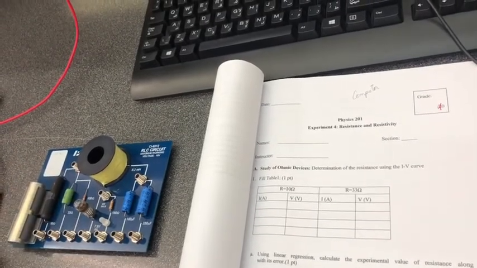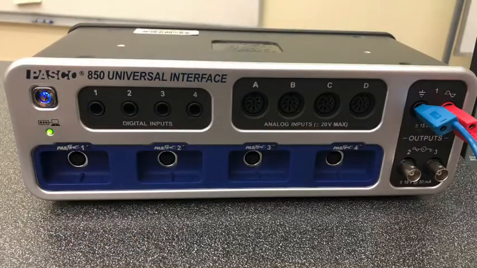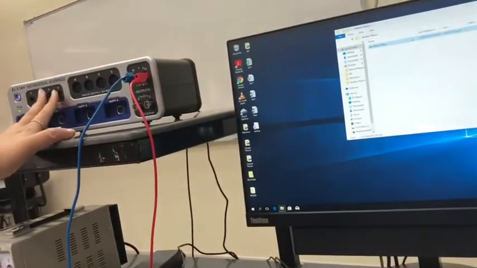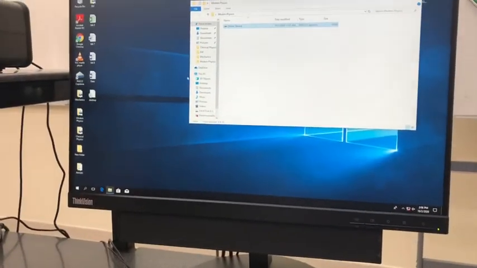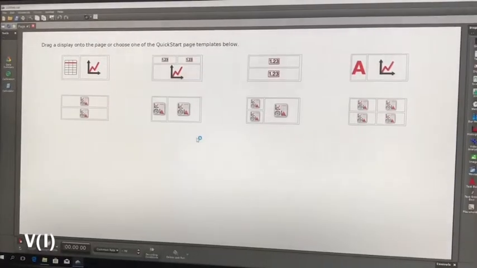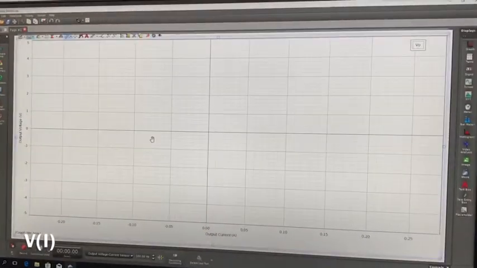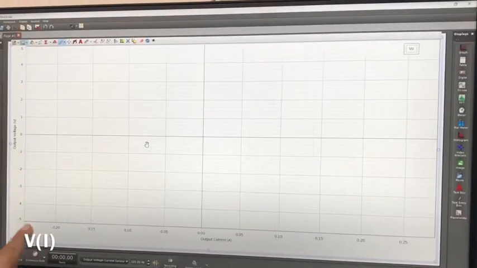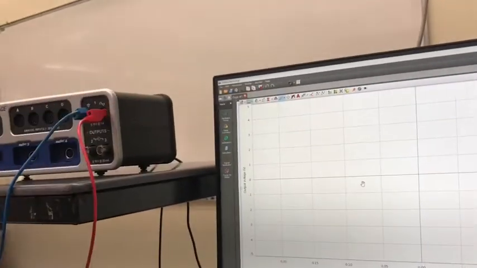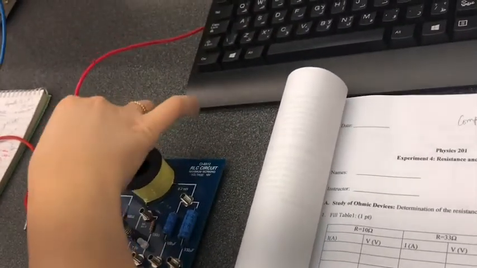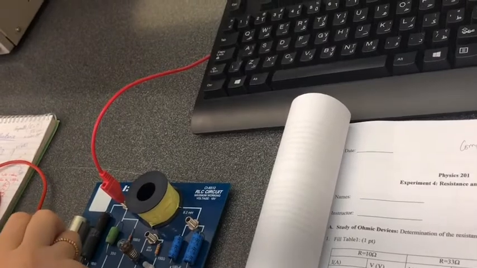And the light bulb also, we will change the frequency to see its behavior and the voltage versus current on the Pasco interface. The Pasco interface would change the current I and measure the corresponding voltage. For example, already here we have voltage and current. If you connect the power to the first resistor, which is 10 ohms, okay, and we launch a recording,